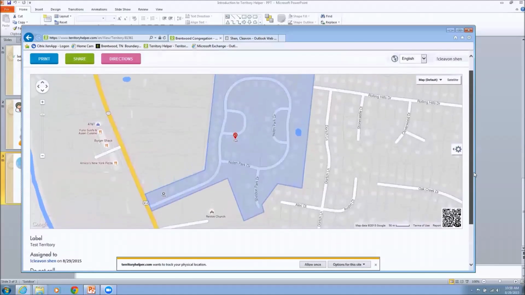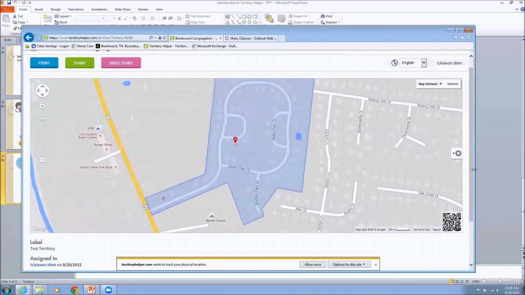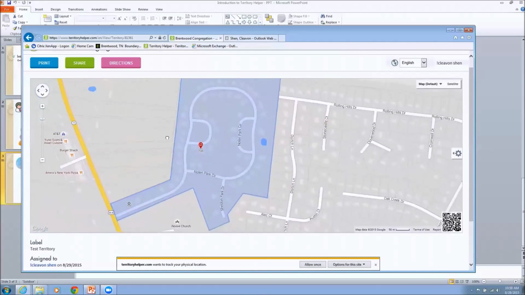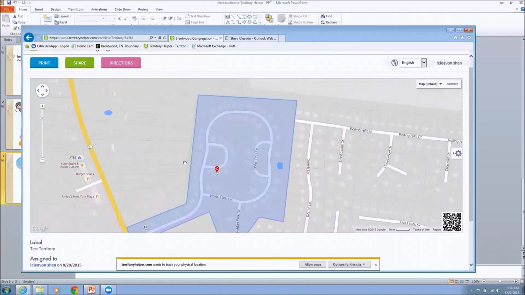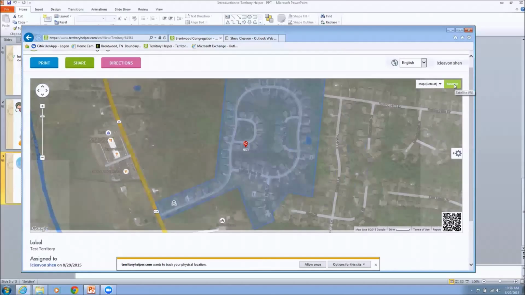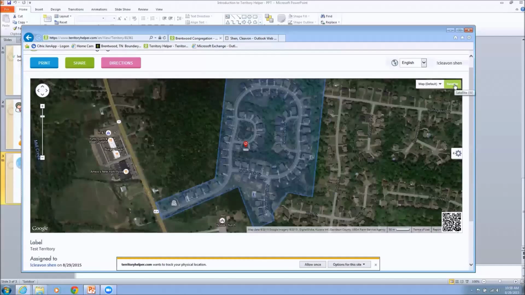You can also pan around the territory by pointing to a location on the map and holding down the left mouse button. Then you can move the mouse around and the map will also move around so you can see the surrounding areas. On the upper right-hand corner of the map, you will also notice two options labeled Map and Satellite. If you click on Satellite, you can get a satellite view of the territory, which is useful in identifying